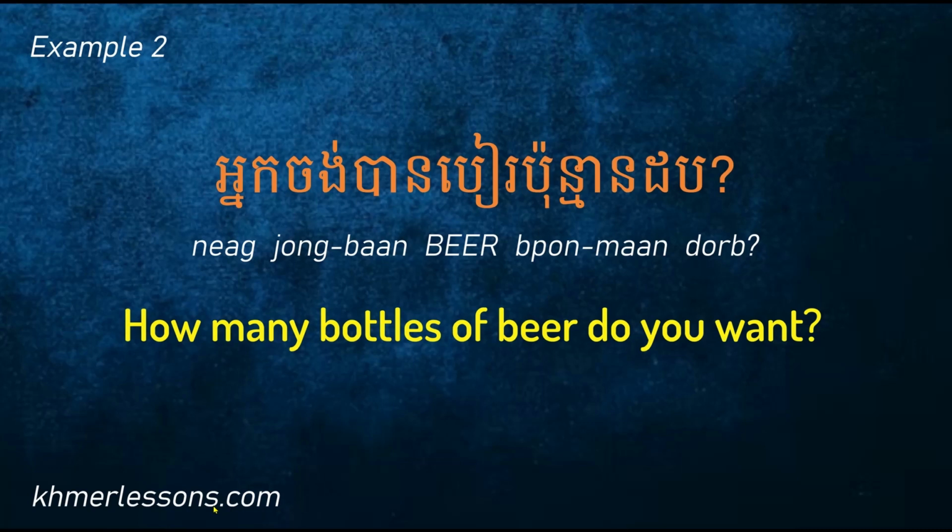អ្នកចង់បាន beer ប៉ុន្មានដប. So ចង់បាន is want something. Beer is beer. ដប is a barrel. And ប៉ុន្មាន, okay, is the question word. One more time. អ្នកចង់បាន beer ប៉ុន្មានដប